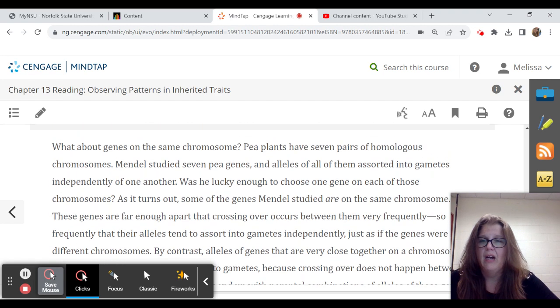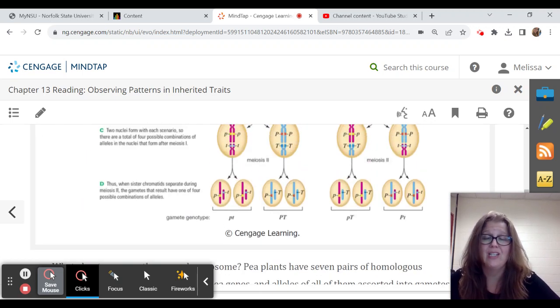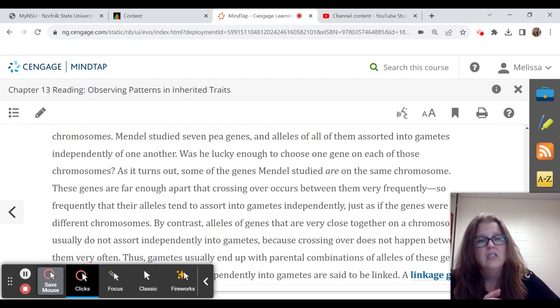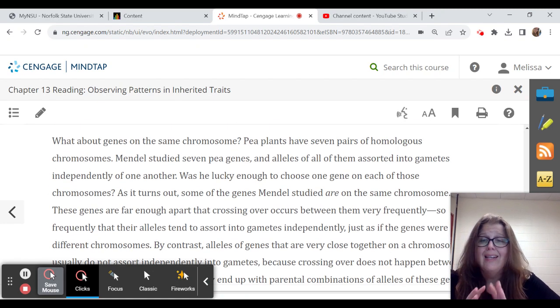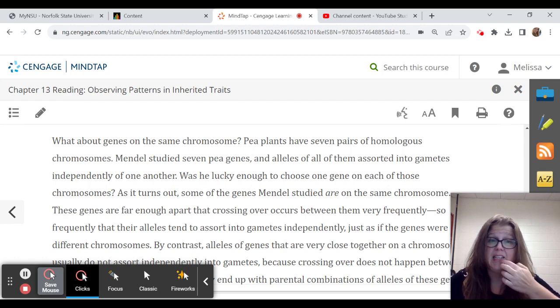However, in your book here, it talks about genes on the same chromosome. So this is talking about genes on separate chromosomes. And when Mendel was actually studying, again, he didn't know anything about chromosomes. He just knew what he could see. Those 7 genes that he was looking at, they sorted independently. And it just so happens we now know that the genes he was studying were actually on the same chromosome, but they are far enough apart on the chromosome that they can get